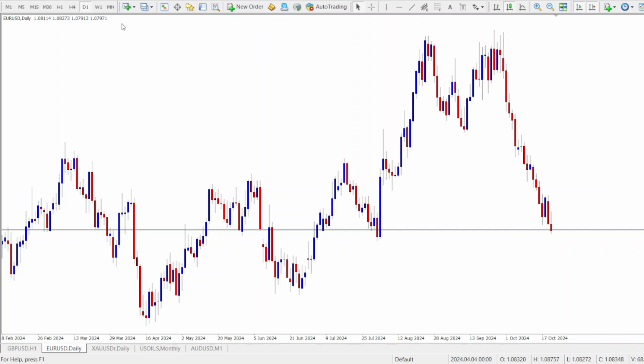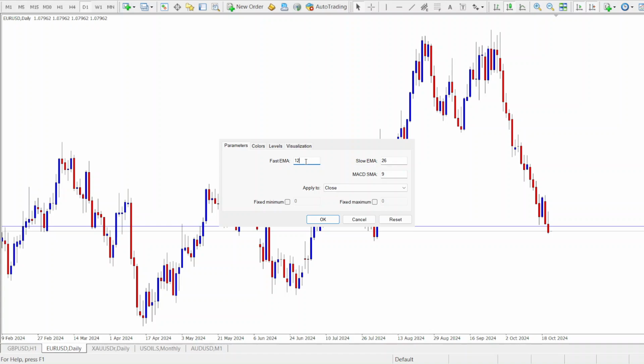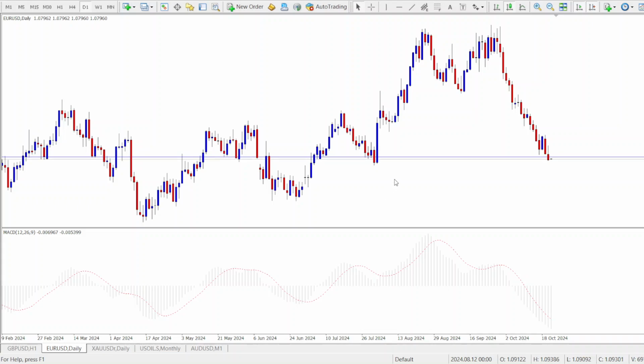Okay, so let us start by adding the MACD indicator to our chart. The settings we are going to be using for day trading in this video, we are looking at the best MACD settings for day trading, right? So we're going to be using the fast EMA 12, the slow EMA 26, and then the MACD SMA 9. These are the default settings and are popular because they strike a balance between sensitivity and reliability for identifying